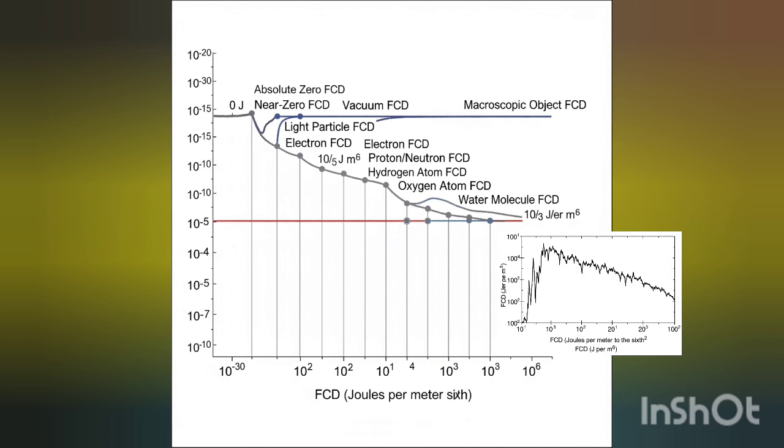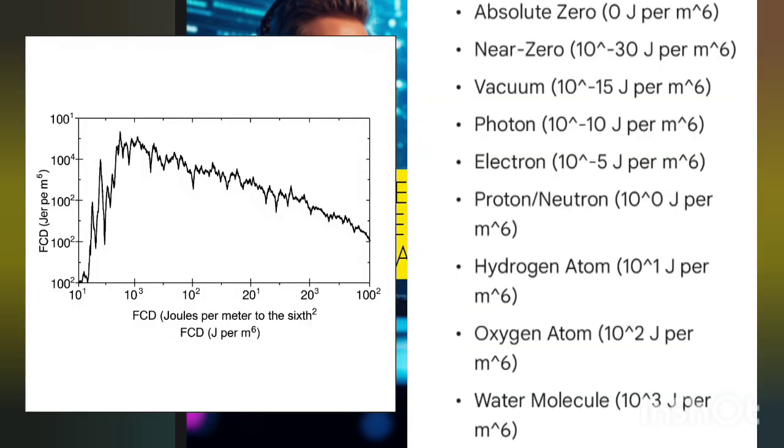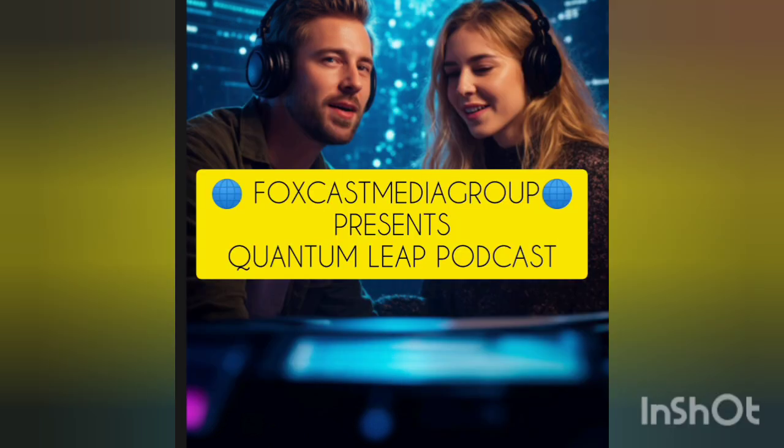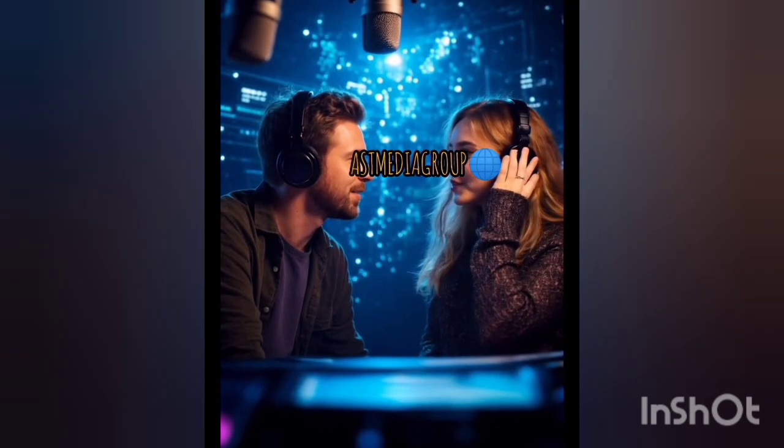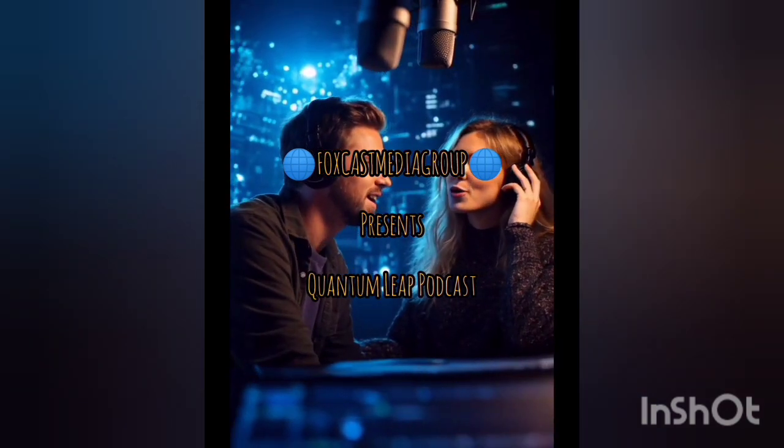What a spectrum. It really is, and perhaps this leaves you with a question to ponder. If our tangible world demands this immense constant energy input just to maintain its coherence, its FCD, and if everything, from that theoretical void right up to the most solid things, is fundamentally just a manifestation of different levels of energy and coherent information, what might that imply about the underlying nature of reality itself? And maybe about how it's all being continuously, actively maintained?